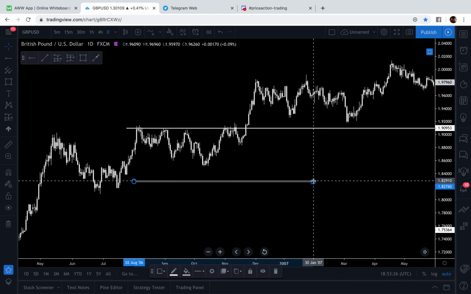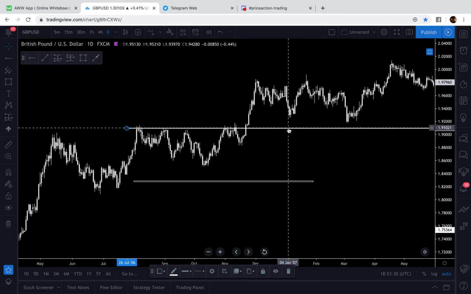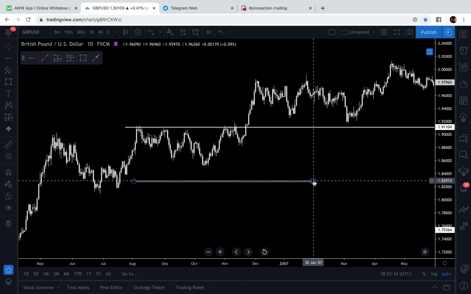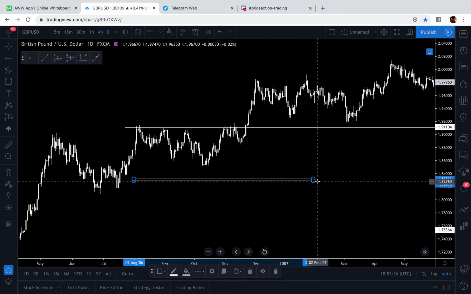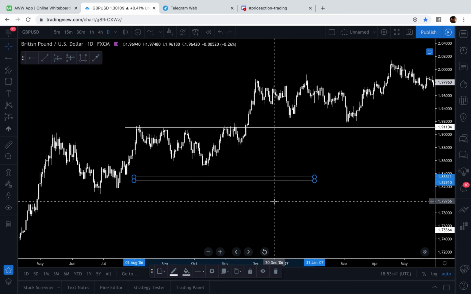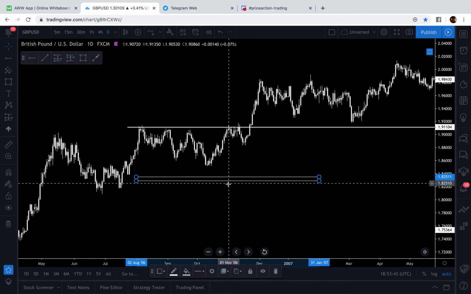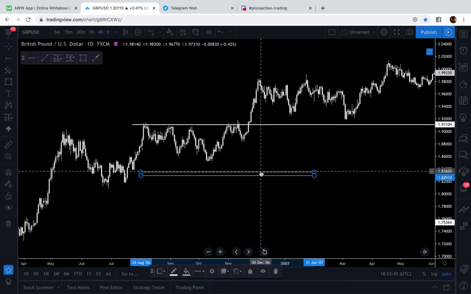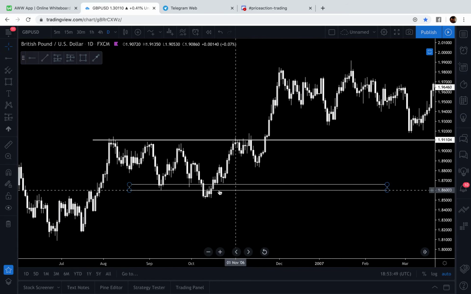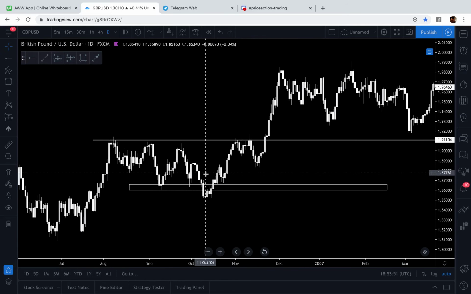It doesn't have to be tiny like that, because if it's tiny enough, then just use a line, because the line just shows it's a very clearly defined, easy to identify level. If it's a zone, if price wicks past an area a couple times, you can draw a zone, but try to get the zone as small as you reasonably can while still including all the price data of the level. So for instance, this right here, there's a low there and there's a low there, but